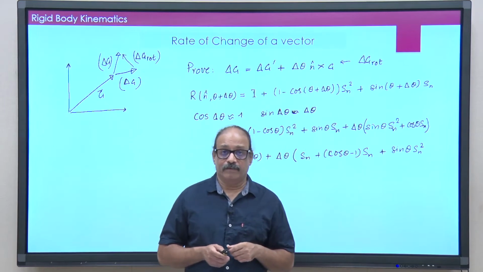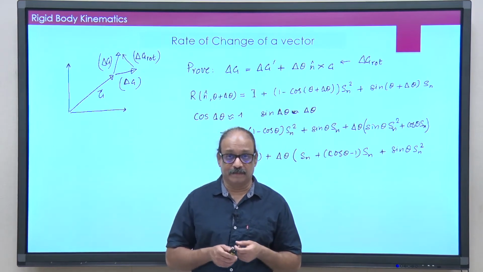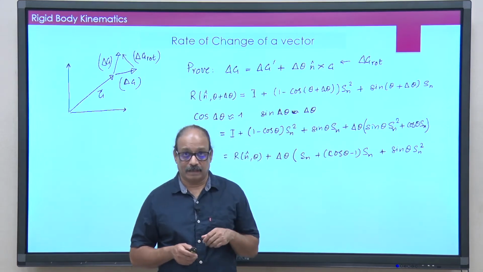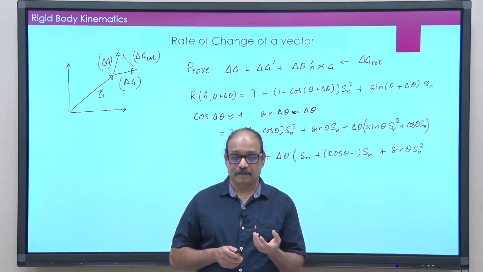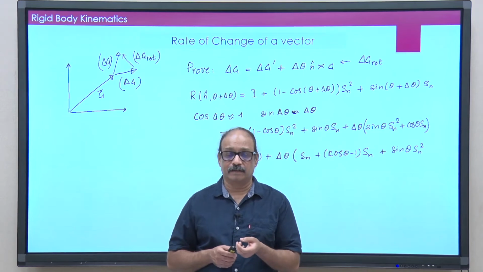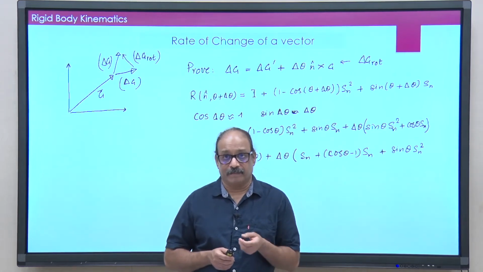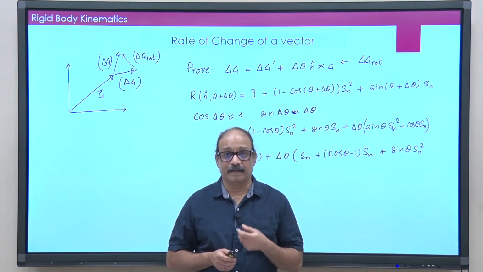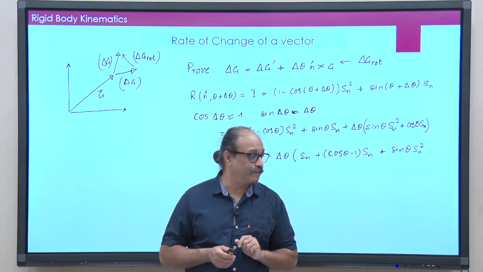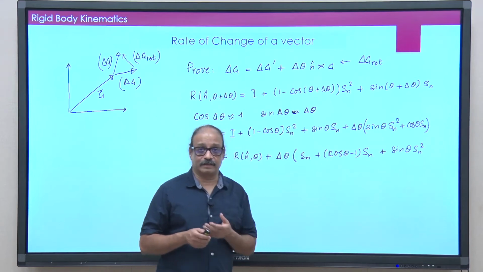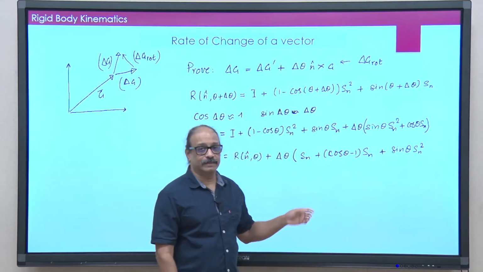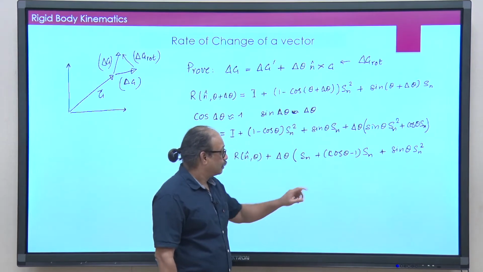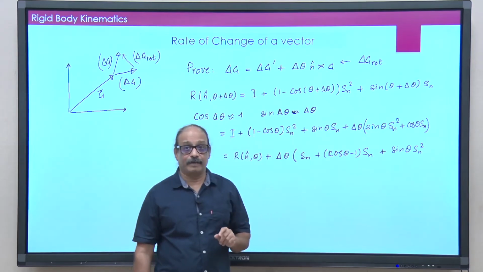Now, I want you to prove this identity: Sn cube. Take Sn square, which we have already calculated, and calculate Sn cube. If you calculate Sn cube, you will find that it is exactly equal to minus Sn. Remember, n cap is a unit vector. If you use the fact that n cap is a unit vector, you will immediately get Sn cube equal to minus Sn. So, I will replace this Sn by minus Sn cube,